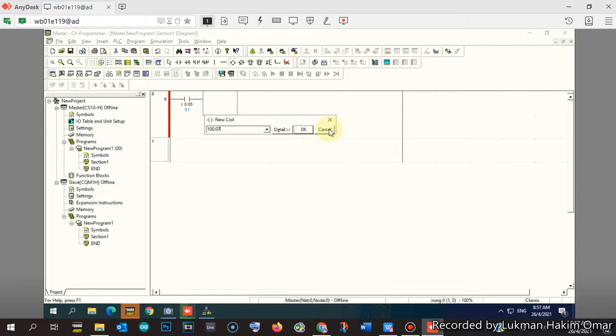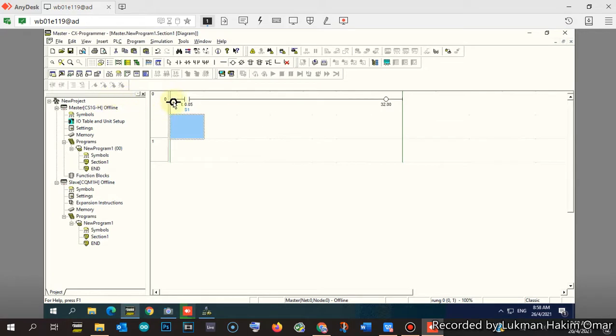You already selected CIO 30. So in this case, we choose any bit from range 30 to 39, 30.00 to 39.15. In my example, I use 32.00.